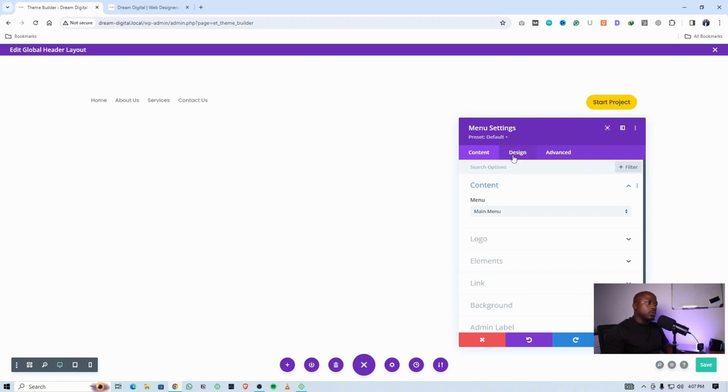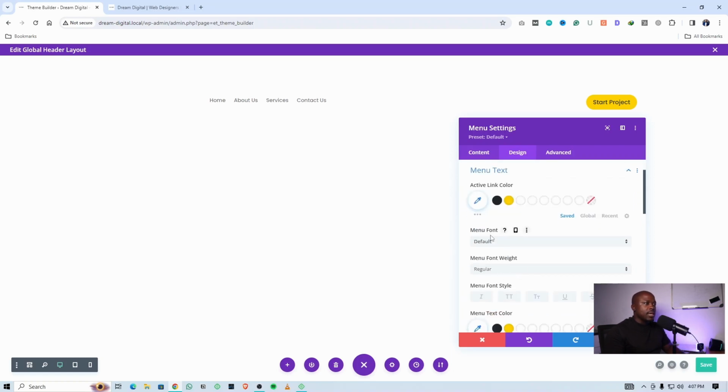We're going to quickly go to design and go to layout and set this menu item to be center aligned. All right. And the next thing I'm going to do, I'm going to go to menu text settings, and it's set to Poppins, which is the default. Great. I want this menu to be all caps. We're going to use menu font styles and enable this TT right here,